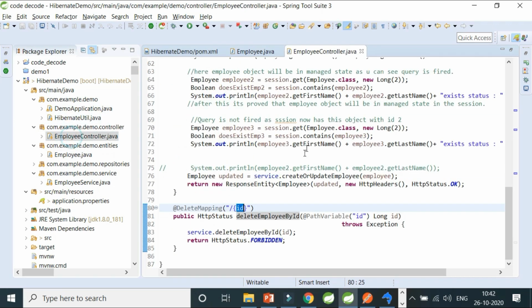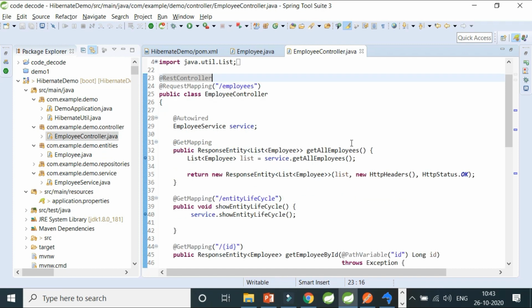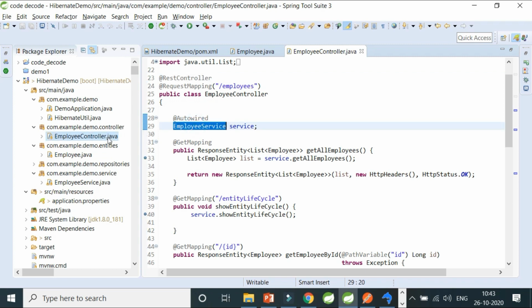Now I'll be moving towards the controller part, and the controller part is nothing but a simple request mapping and a REST controller. REST controller, I've already told you, it's a part of the controller, and one more instance I've told you. But that is a complete part of Spring Boot, so I'll be covering it in the second part again. But again, from the Hibernate perspective, understand these 4 things. First, I'm autowiring my service. The whole architecture consists of a controller, which is responsible for handling your requests from either the front end or the REST APIs.